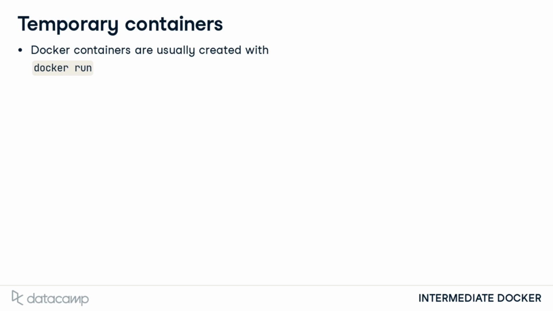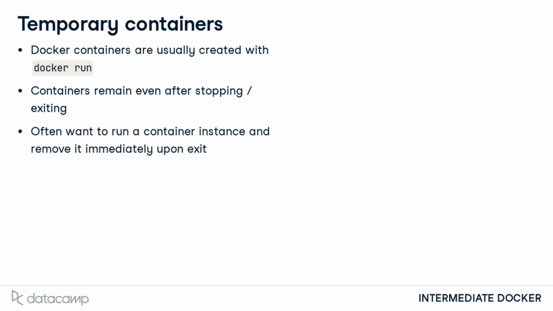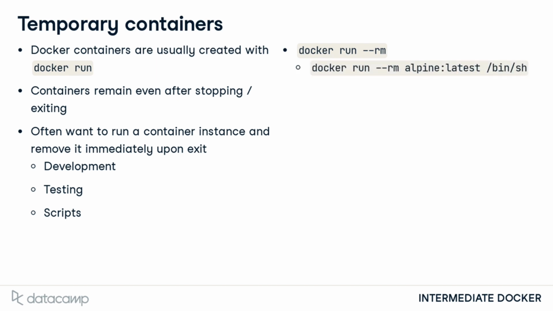In the default configuration, these containers will remain even after stopping or exiting. While this is the default behavior, there are situations where you'd like to run a container instance and remove it immediately upon exit. These situations can include development, testing, or running scripts. Docker provides an option to do this automatically using the docker run --rm command. For example, if you wanted to run a quick shell prompt in the latest version of Alpine and remove it automatically, you could use docker run --rm alpine:latest